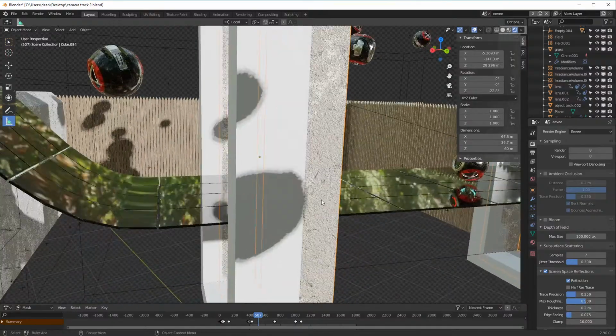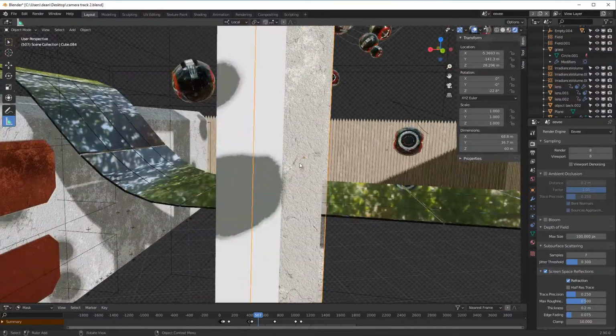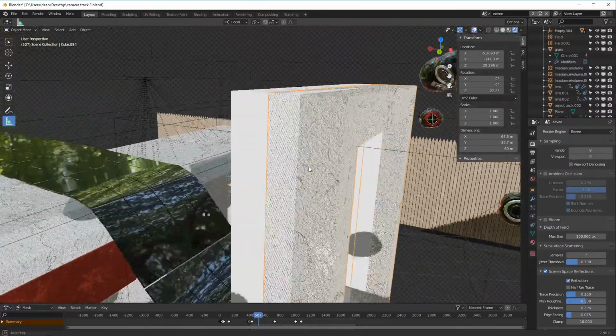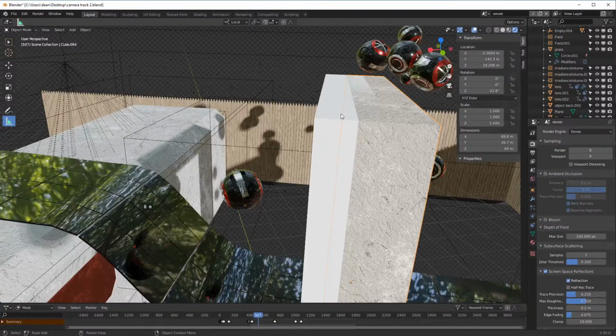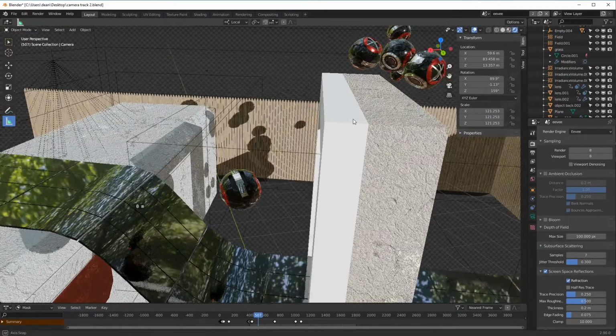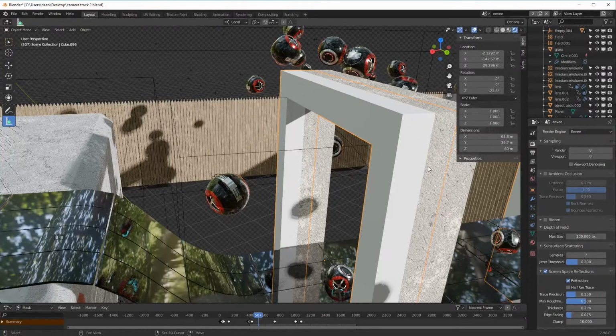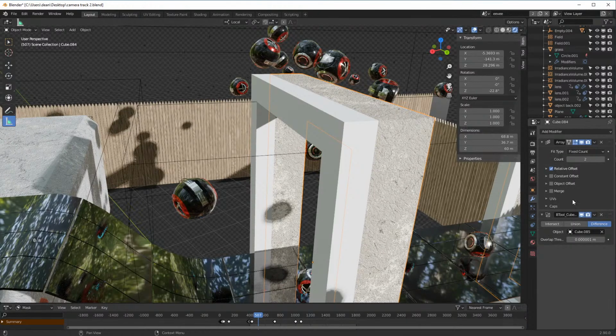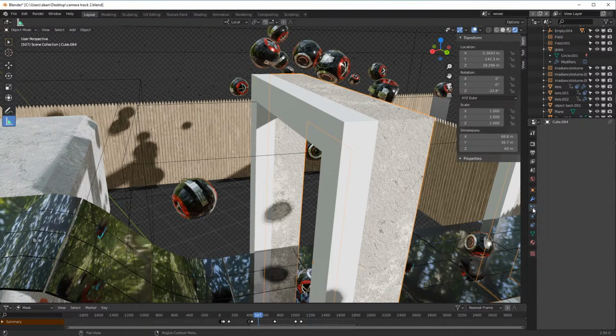So anyway, what we got here is I got this concrete material, and you notice there's another cube overlapping it, and there's actually a reason for that. So that's actually to act as a collision object for these drones, so that when they fly by, they don't just go straight through it. That's supposed to make them hit this object, and you could see I added that as